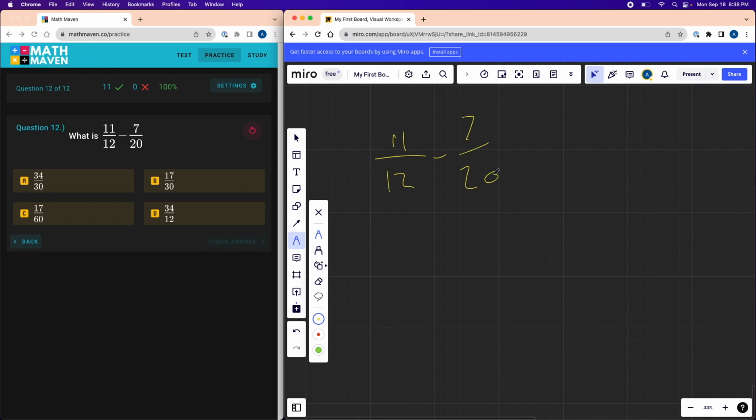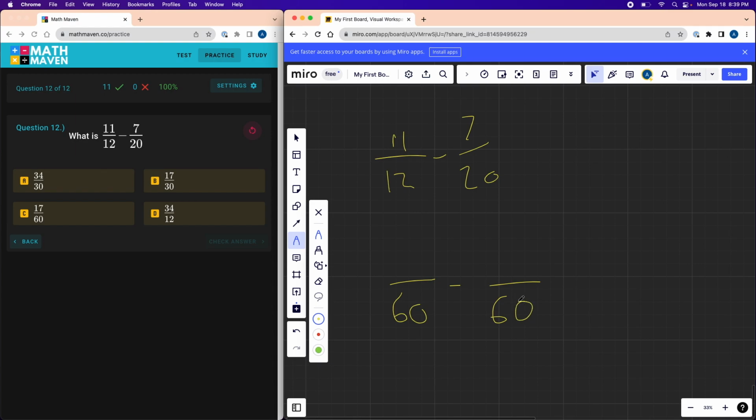Again, what are we going to do first? See if we can simplify anywhere. And in this case, neither of these can be simplified. So next thing we need to do now is see if we have a least common denominator. What is going to be the least common denominator between 12 and 20? We could go with 120. We could actually go with 60. Both of these numbers could go into 60 evenly. So I'm going to have something over 60 minus something else